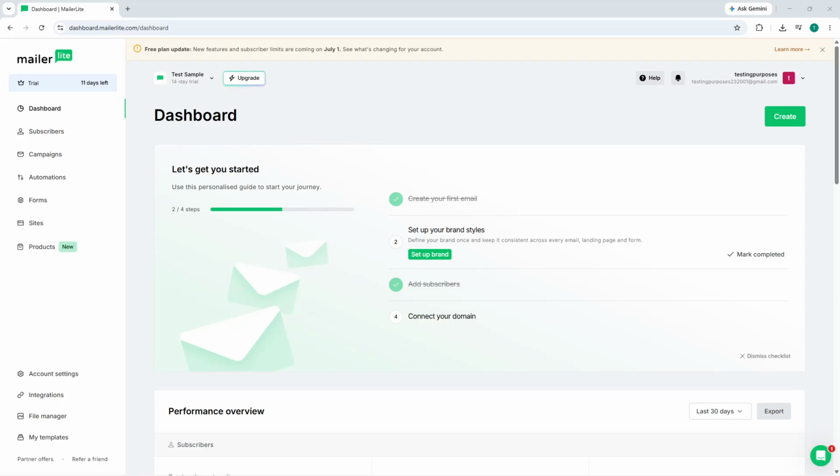In today's video, I'm going to show you exactly how to tag subscribers in MailerLite. By the end of this complete guide, you'll know how to use MailerLite's group system to organize your audience, segment your contacts, and send more targeted emails that actually get opened. If you're building an email list for your business or creative project, organizing your subscribers into meaningful categories is one of the most powerful things you can do because it lets you send the right message to the right people